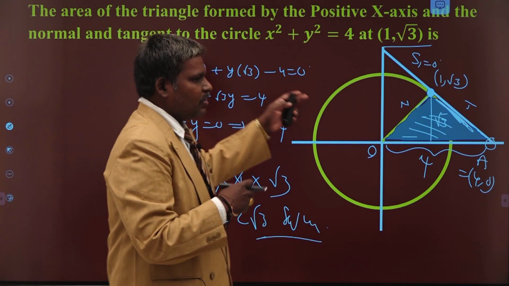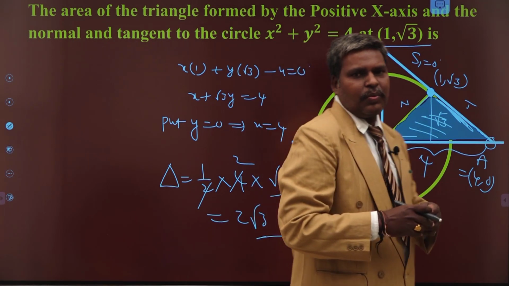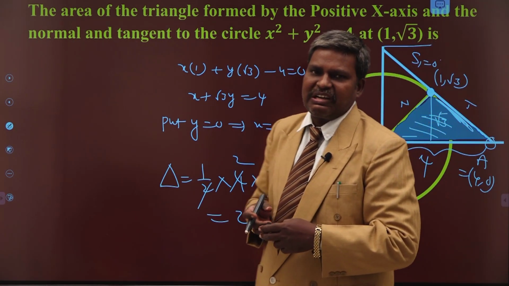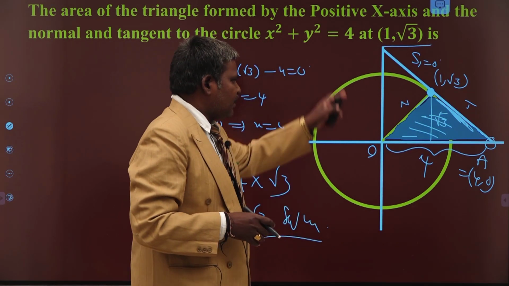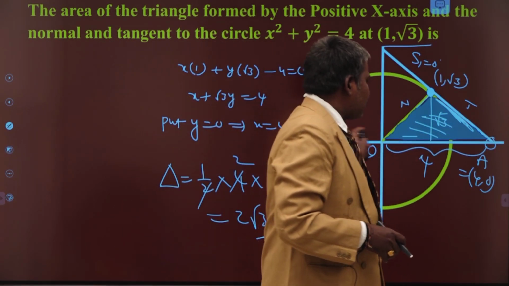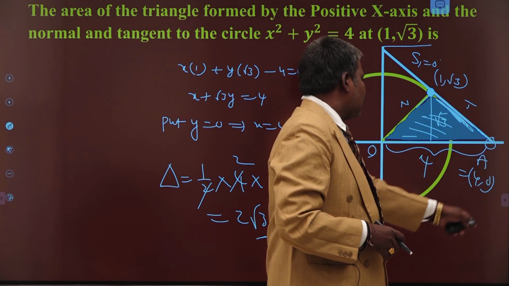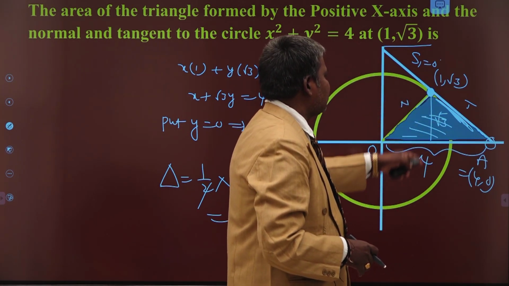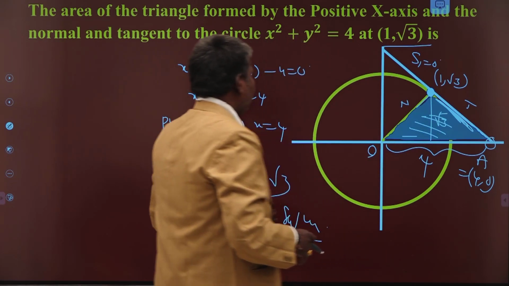So once you know the concepts thoroughly in your mind, you can play with any problem with the help of simple rough diagrams itself. So write the tangent equation and find the point of intersection here itself, and you get the coordinates of A. You just find OA, and by the diagram itself the height is root 3, and half into base into height is your area.